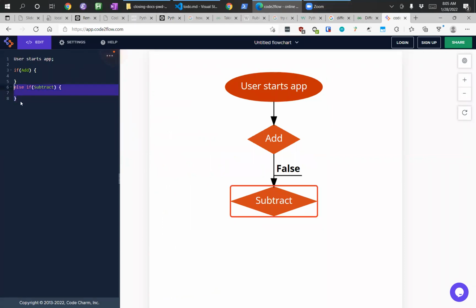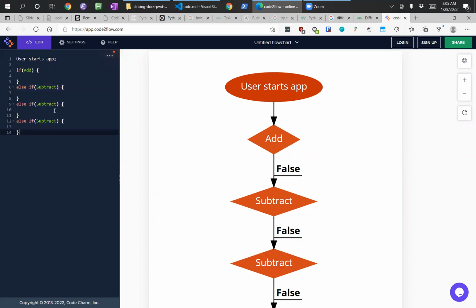We would have to do this for add, subtract, multiply, divide, right? Divide like this.